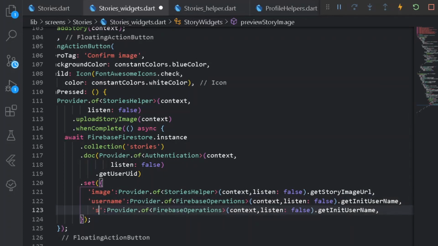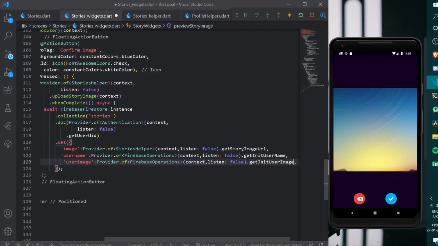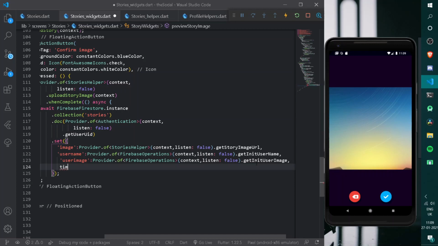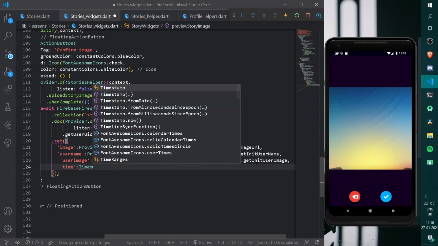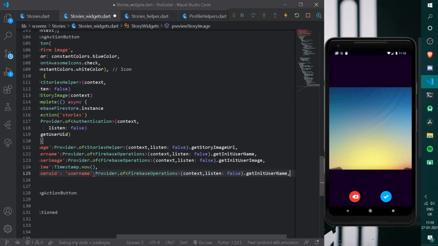So here let's have userImage, and here let's get initUserImage, and after that let's have a time thing under quotes. Here let's have time for Timestamp.now, and after that the final thing, that is userUID. Now let's paste everything here. Alright, let's remove this, and here let's have Authentication, and getInitUserID, that is get user UID.